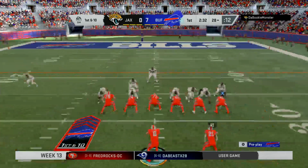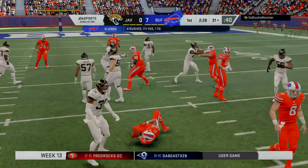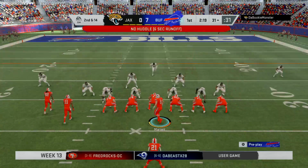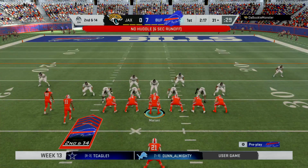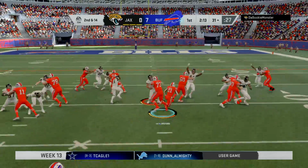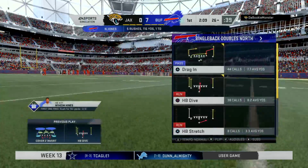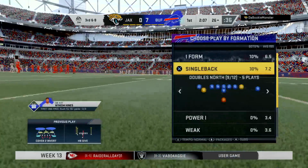57. Mike, 50. This is Hines, and that'll hurt the average a bit as this time they're able to get him behind the line. That's going to go as a loss of 4, and it'll be 2nd down. Now it's Hines. It'll be a 5-yard pickup there, so from 2nd and 13, they're back to a more manageable